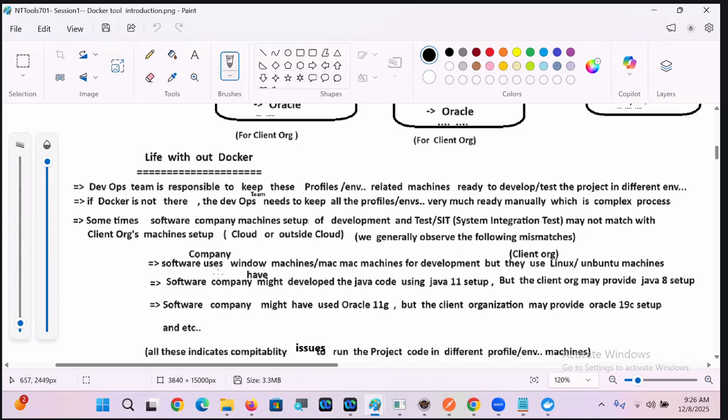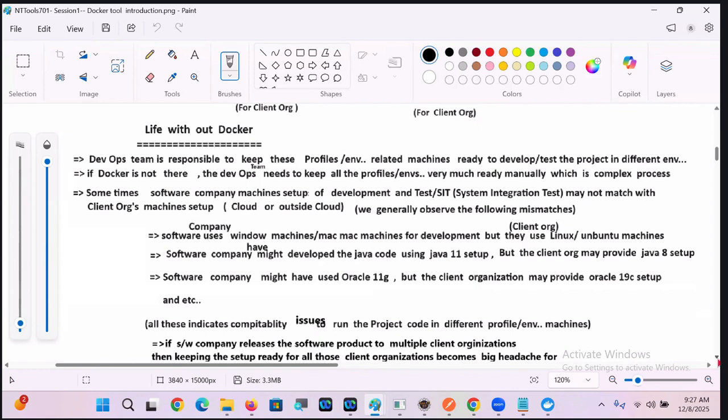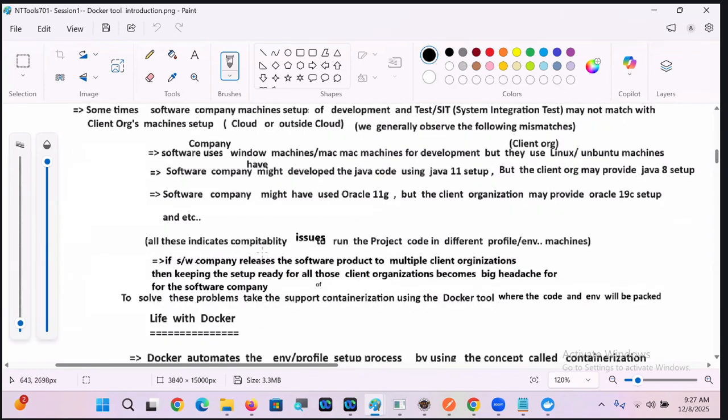The software company uses a Windows machine or Mac machine for development, but the client organization uses Ubuntu or a Linux machine, so the code will not run. The software company might have developed Java code with a Java 11 setup, while the client organization may be using Java 8. Both are Java, but the difference is there. The software company might have used Oracle 11g and the client organization might have used 12c or 19c. All these indicate compatibility issues to run the project code on different profiles or machines. If the software company releases the software product to the